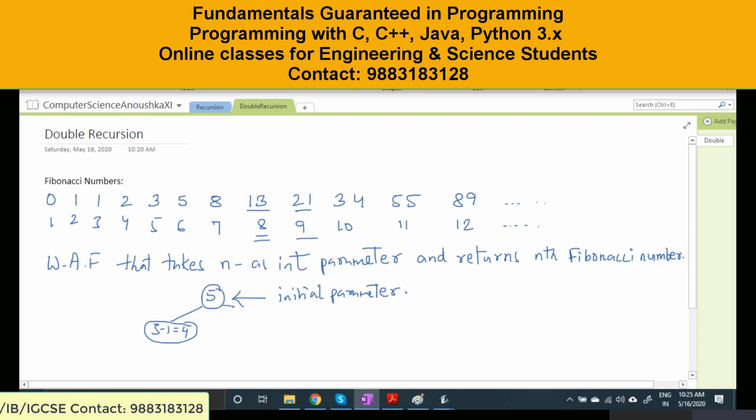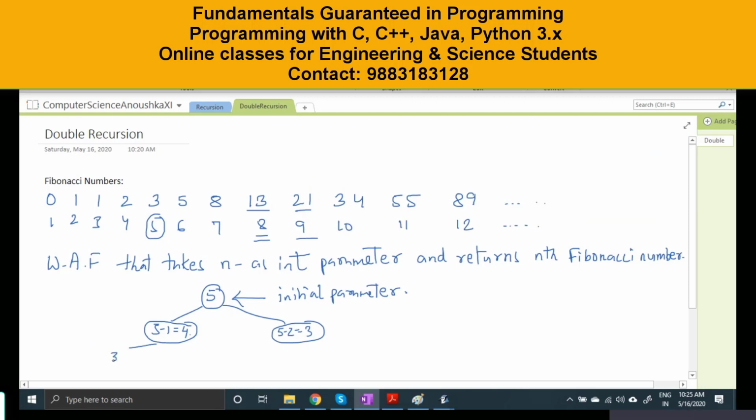And 5 minus 2, because the fifth term is generated with the help of terms 3 and 4. So we need to add this term and this term. That is 5 minus 2, which is equal to 3. Then 4 gives 3 and 2.